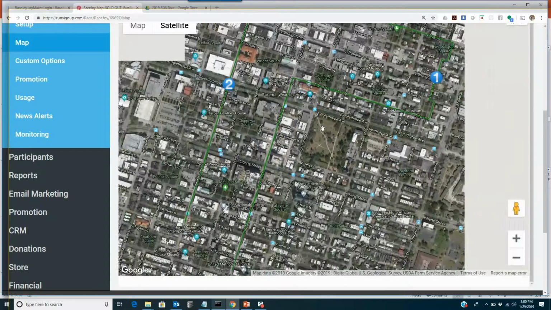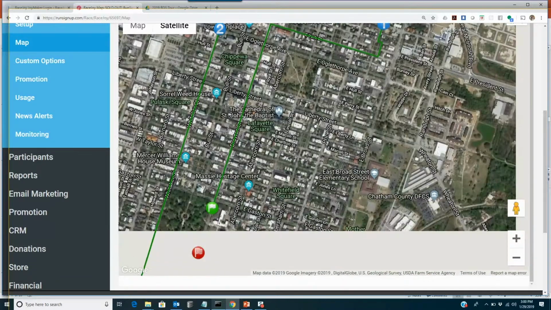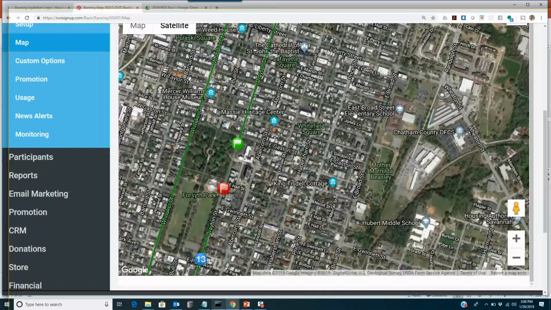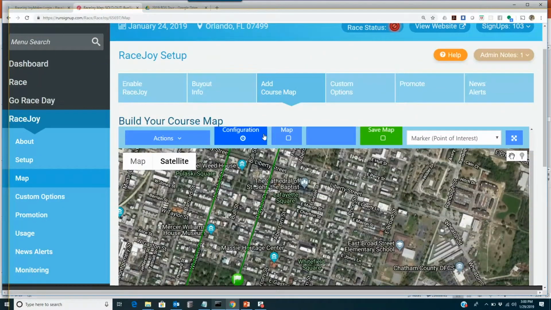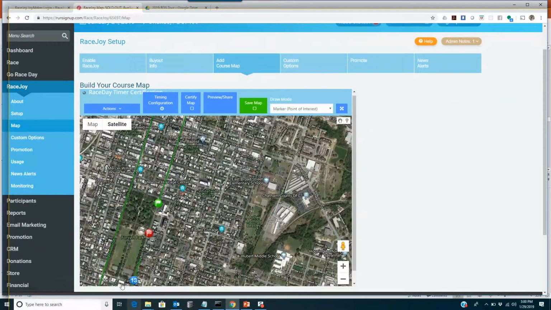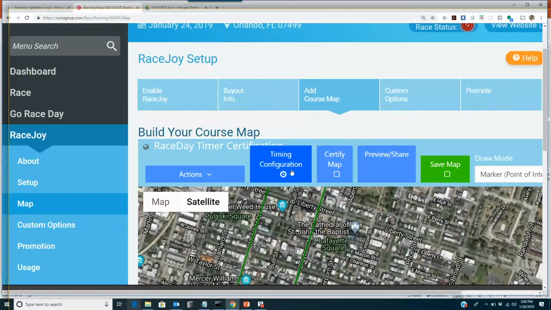So at this point, what we've done is we've loaded in a course, we made sure the start and finish markers are in the right spot, and we've made sure all the mile markers are in the right spot. The next thing we have to do is configure all the markers so that they fire off in the correct order. To do that, go up to timing configuration. When I zoomed in, it says configuration, just so you can see it. If you click this timing configuration,